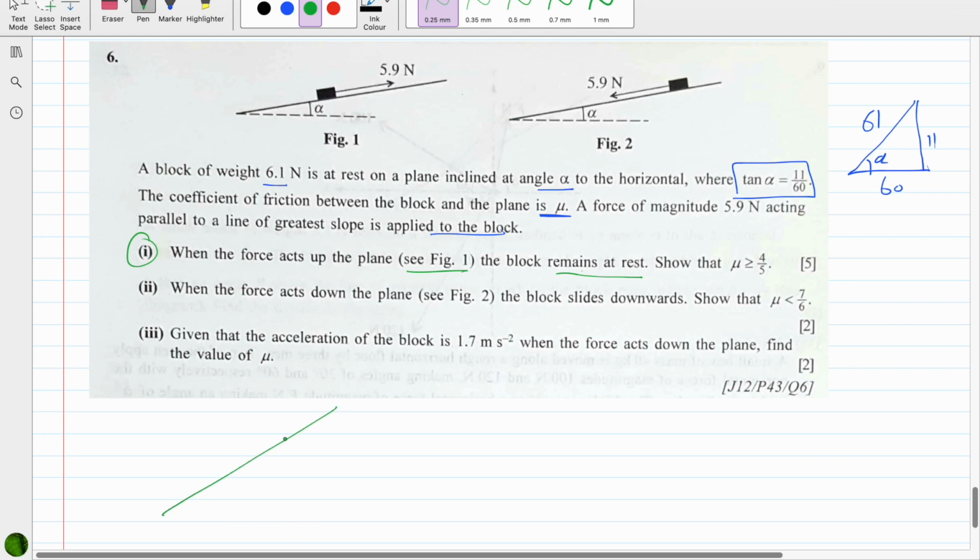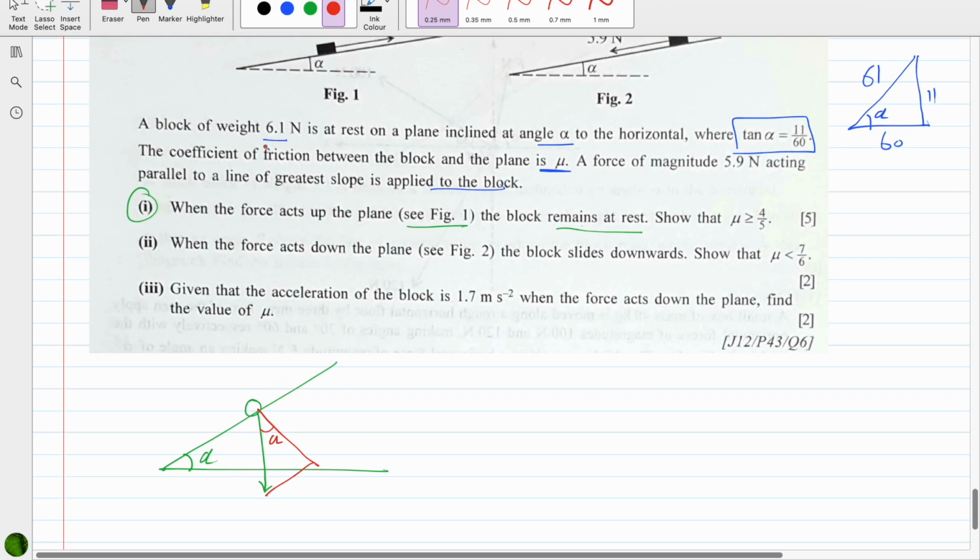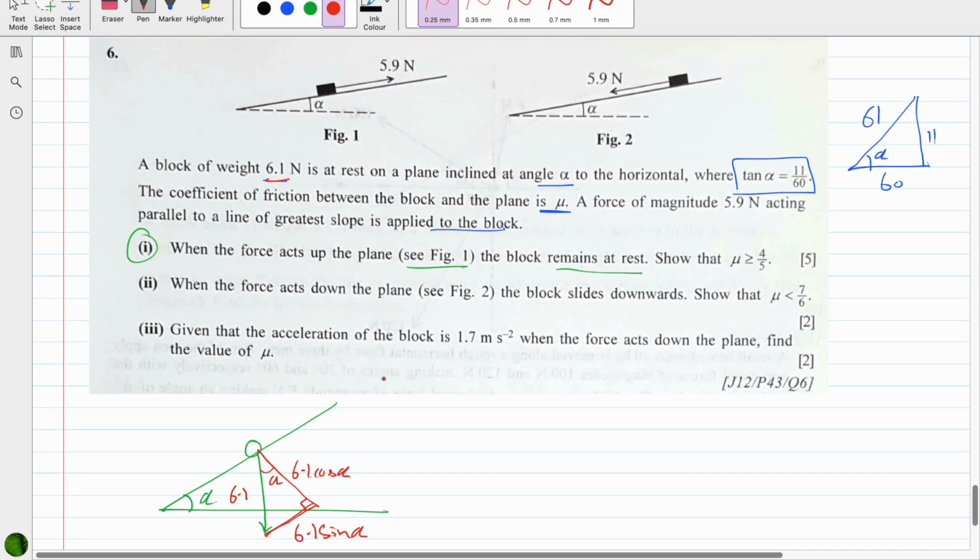So I'm bringing this diagram down so I don't have to move up and down again and again. This is angle alpha. We are going to split the weight in two. This is alpha. Weight of the block is given, which is 6.1. So this is 6.1 cos of alpha. This is 6.1 sine of alpha. And applied force is